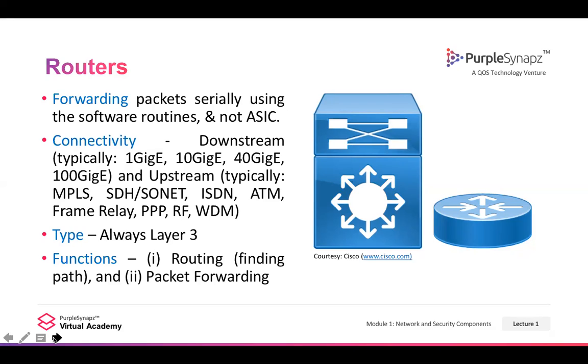Then multiple E1 links combined together make an E2 link, and multiple E2 links combined together make an E3 link. So there is a hierarchy: E1, E2, E3, and then it starts becoming OC, OC1, OC2, and then STM1, multiple OCs, 12 OCs combined together. This is a very, very powerful time division multiplexing based model, where the packet is multiplexed on a single physical wire, and you are able to host multiple channels on the single wire